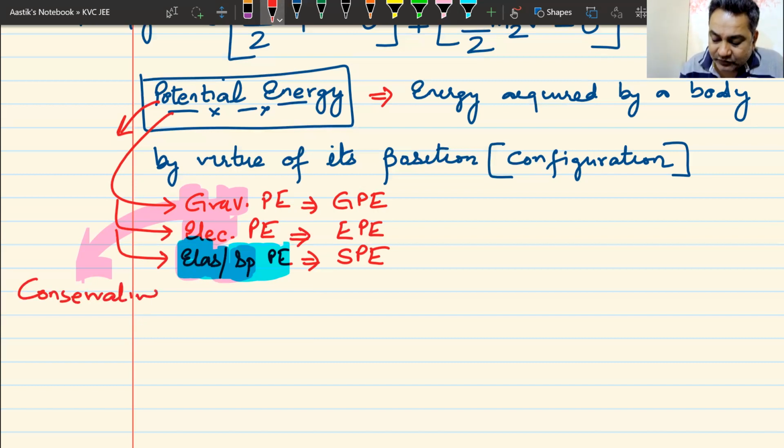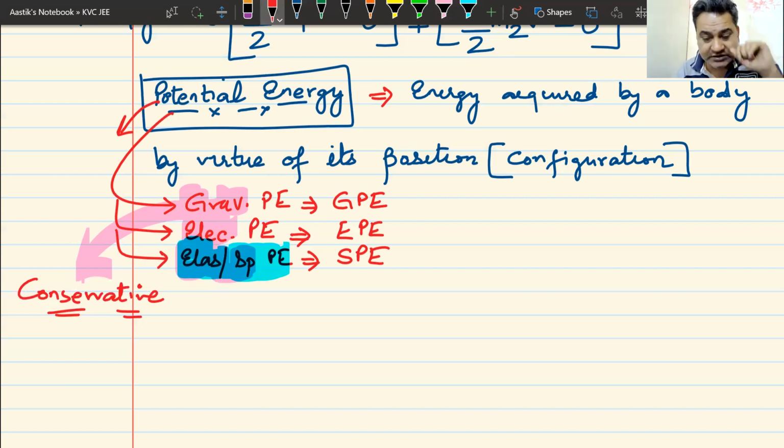And we have done a lot about conservative forces. What are conservative forces? How do we find their work done? Their work done does not depend on path. In a closed path, the work done is always going to be zero, because in one path, if it's doing positive work, in the other part, it will be doing negative work. Conservative forces.